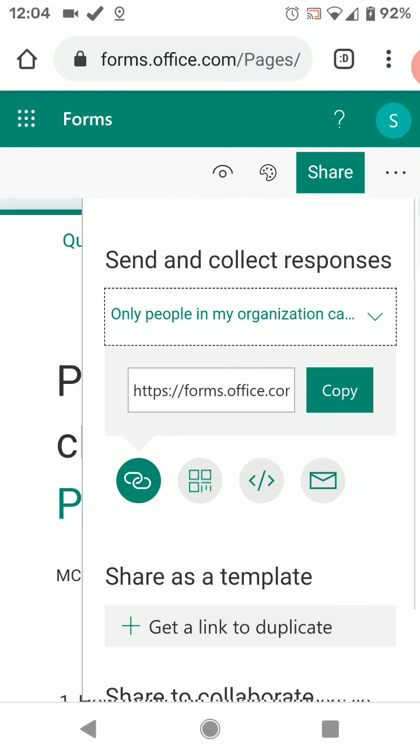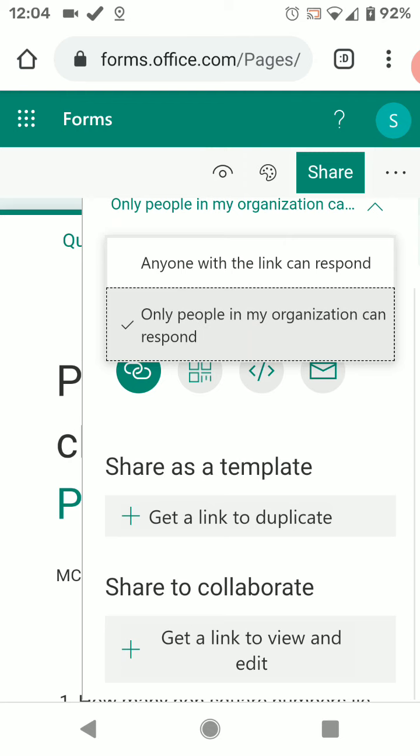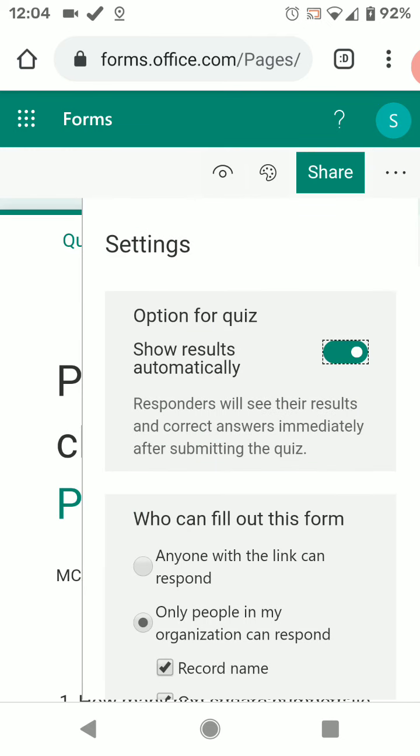And once you click on this copy, just go. Now this shows only people in my organization, or anyone with the link can respond. Here you can see share to collaborate, get a link to view and edit. If you want your friends to edit this paper, they can edit it also. Now go to the settings.